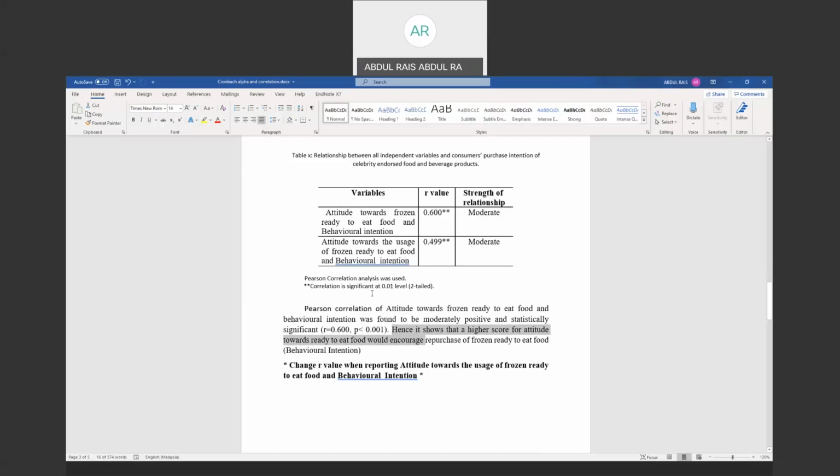But let's say the value is negative, katakan. So it shows a negative correlationship. So if it shows a negative R value, what you can report is, hence it shows that lower scores for attitude towards it will